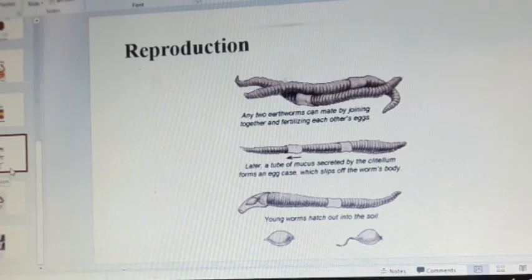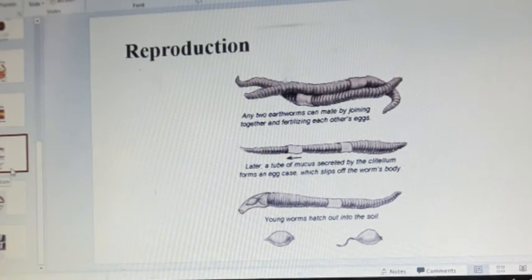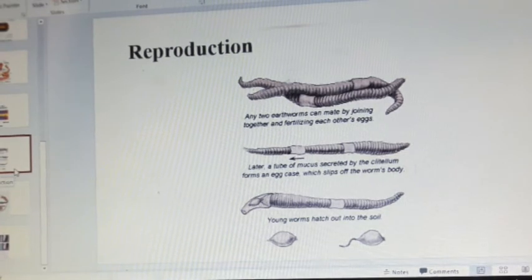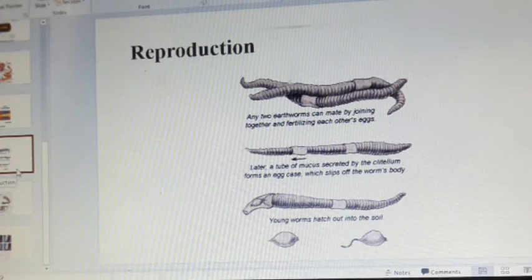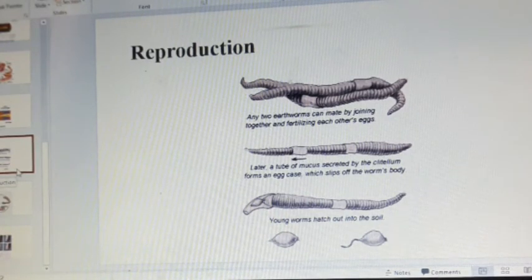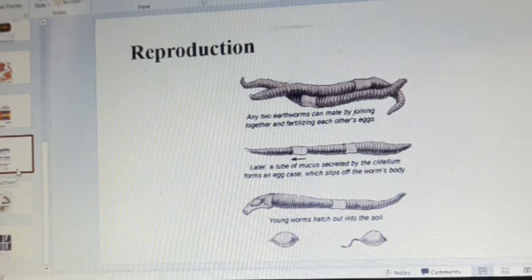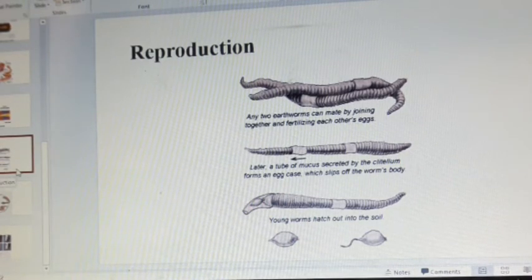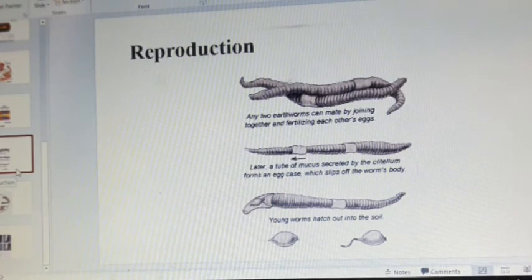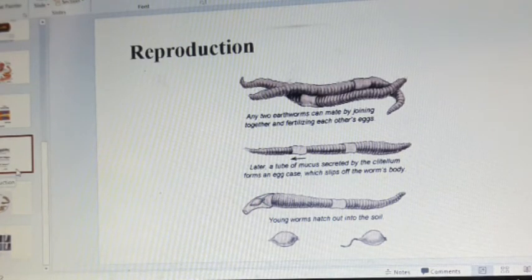Now we have reproduction. All oligochaetes are monoecious and exchange sperm during copulation. In the reproductive system, one or two pairs of testes and one pair of ovaries are located on the anterior septum of certain anterior segments. Both the sperm ducts and the oviducts have ciliated septal funnels at their proximal ends to draw